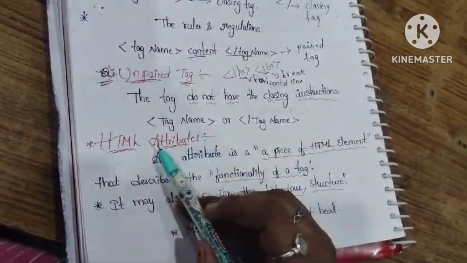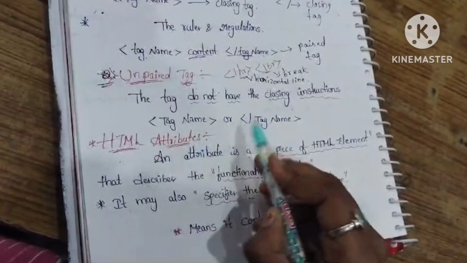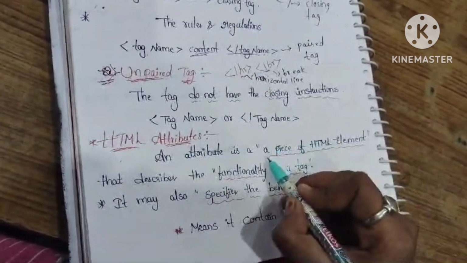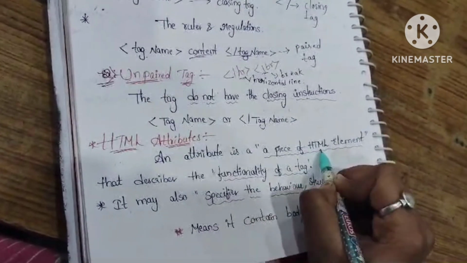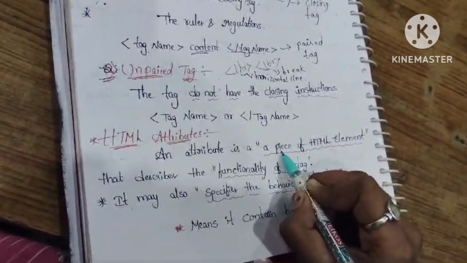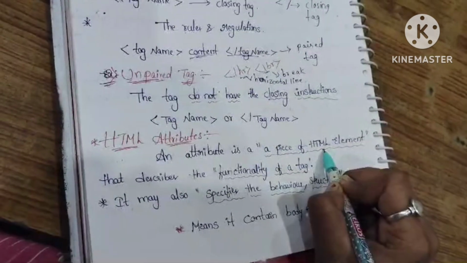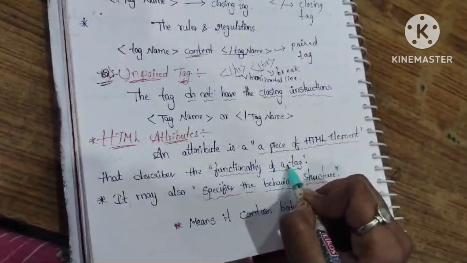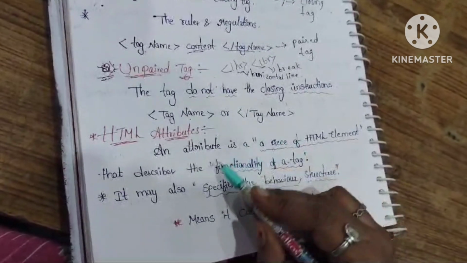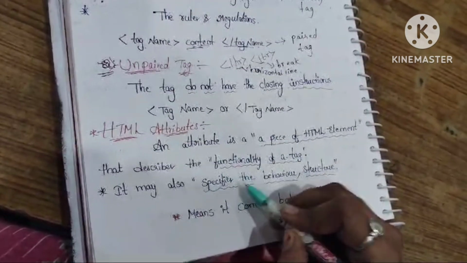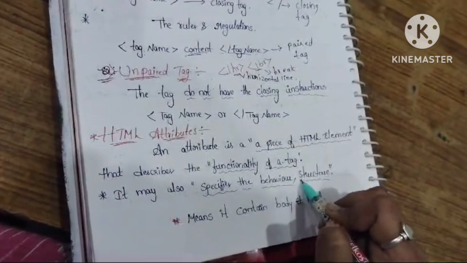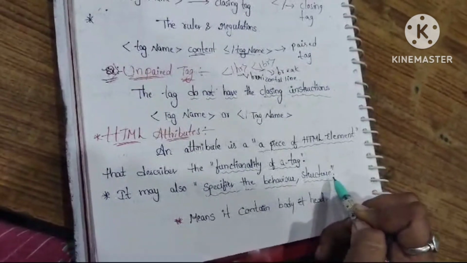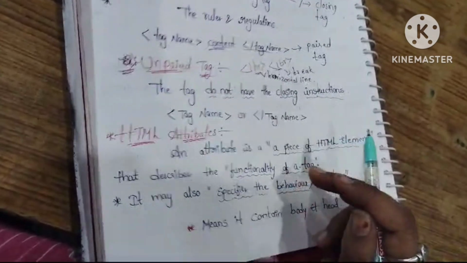The attribute is a piece of an HTML element that describes the functionality of the tag. Okay, it may also specify the behavior and the structure of the tag. Okay, so first we can write the first